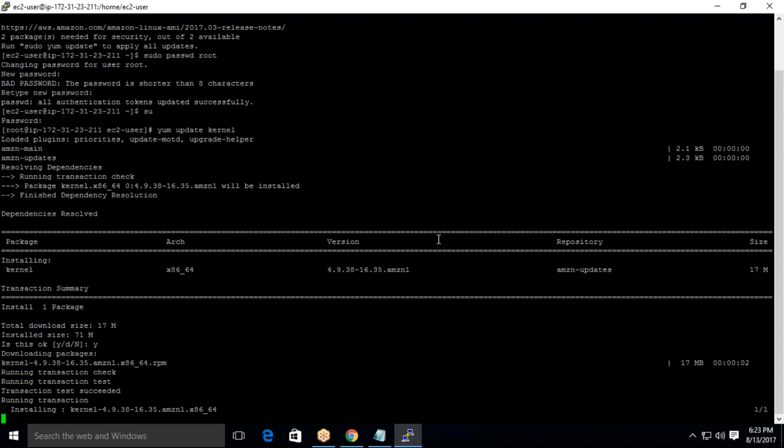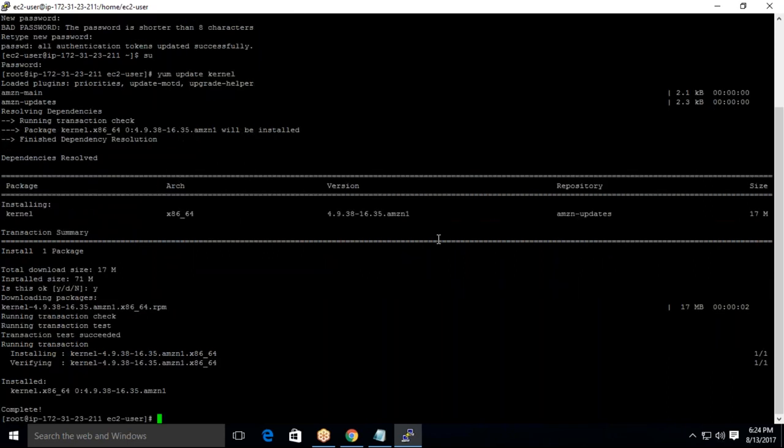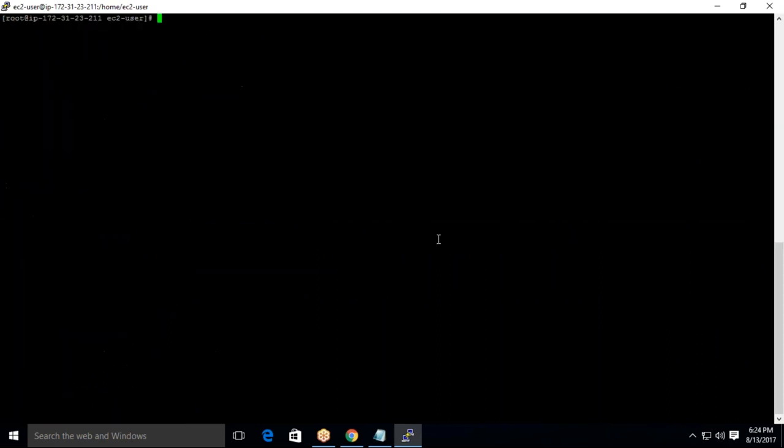I'm showing this because I got full rights inside the system, so I am able to update my kernel, run the updater, run RPM packages, and install Apache servers. Anything I can do here. Okay, so now let me clear this. Now it's time to see how you are going to manage